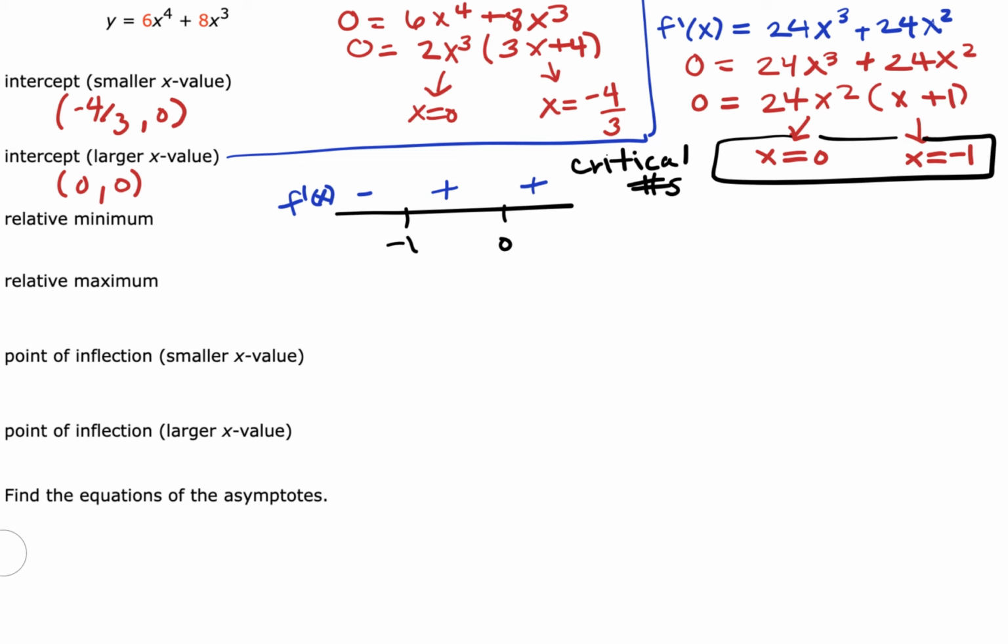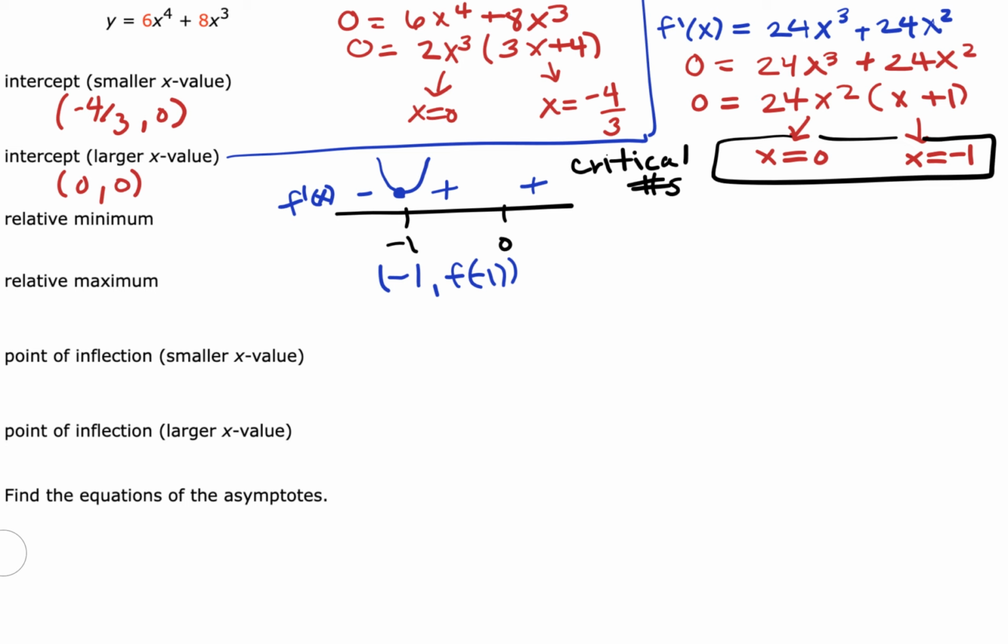So this 0 is a critical number, but we don't have any minimum or maximum occurring here. We do, however, when we look at -1, because we go from decreasing to increasing. So we have a relative minimum at -1, okay? We need to find the y value at -1. So we are going to plug -1 into our function